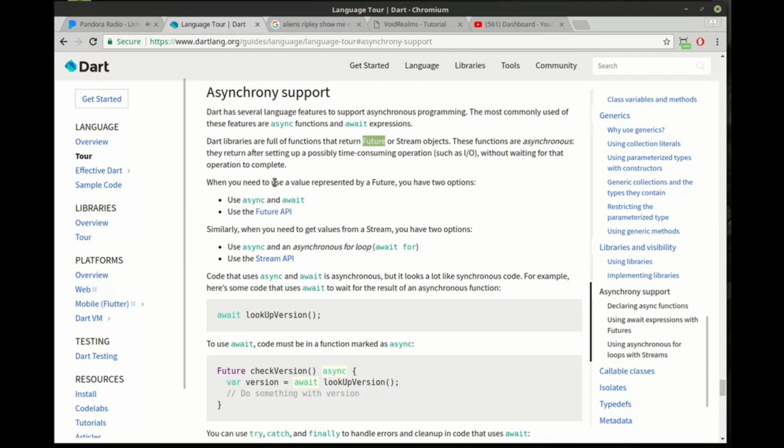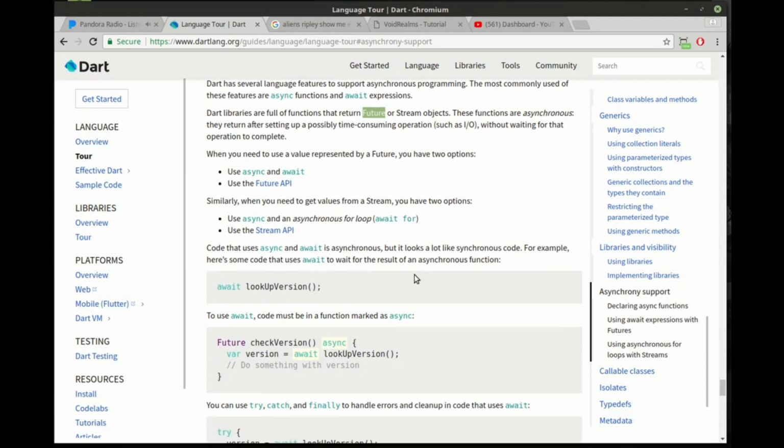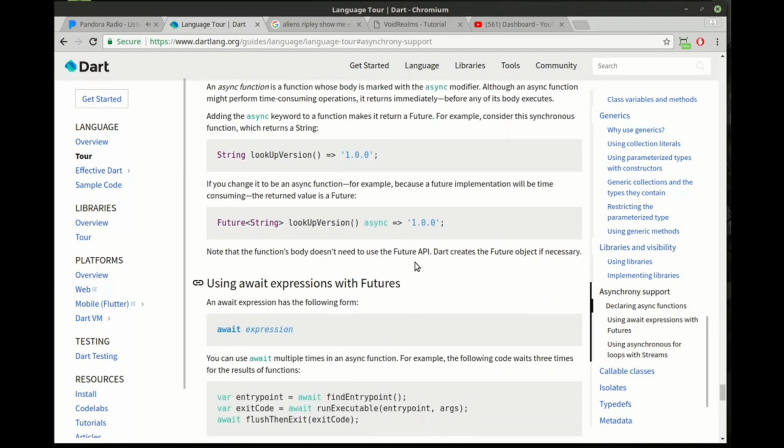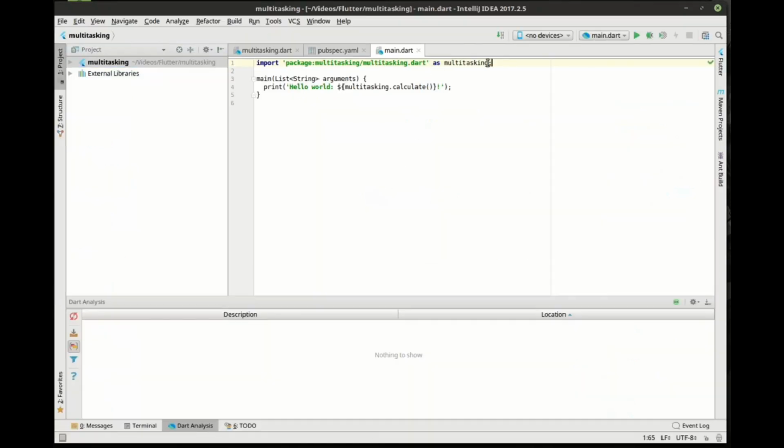Now, if you've never worked with asynchronous programming, reading the official Dart documentation can be a little bit confusing and not really for the faint of heart, although it's actually broken down very well. It's just a very complex topic, and it's a very advanced topic, and even seasoned programmers make some very bad mistakes. So I apologize in advance if this tutorial has some mistakes, and I'm sure everybody on YouTube will point them out. I have to chuckle when I say that because they do point them out. All right, so